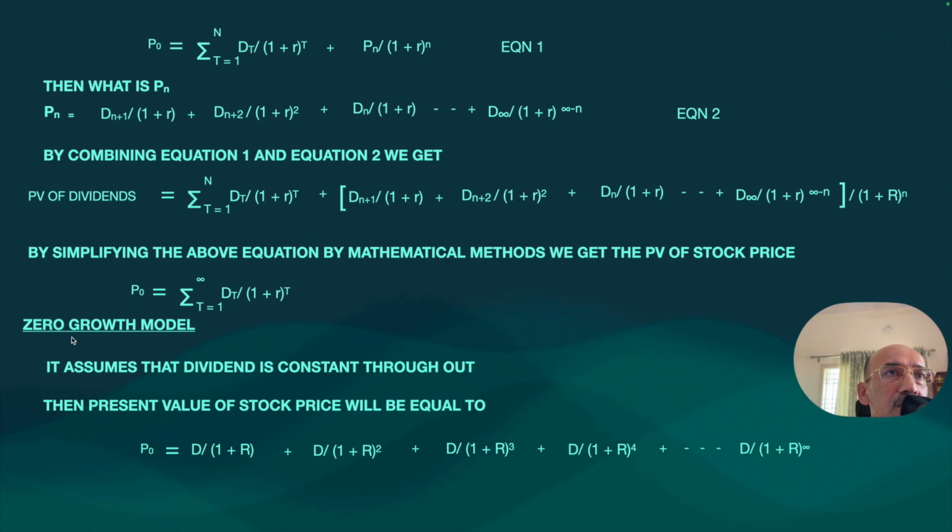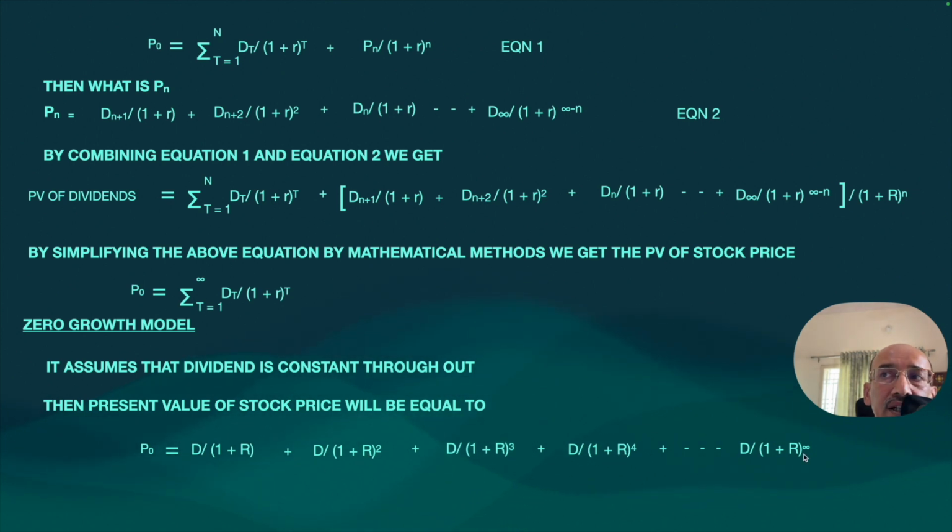Now coming to the zero growth model. The zero growth model assumes that the dividend is constant throughout. It means the company will not change its dividend. If the company is giving a dividend of 100 rupees, that 100 rupees will remain the same after 10 years also. So in that case, the present value of the stock will be equal to P0 equals D divided by 1 plus r, plus D divided by 1 plus r square, plus and so on and so forth